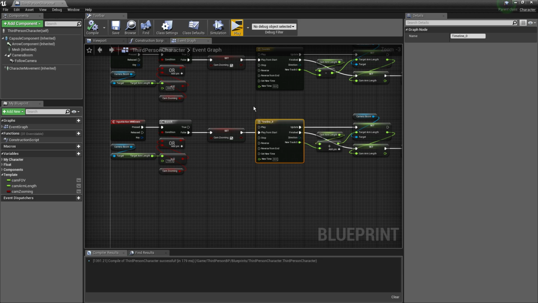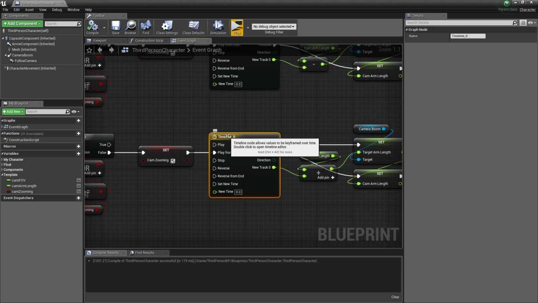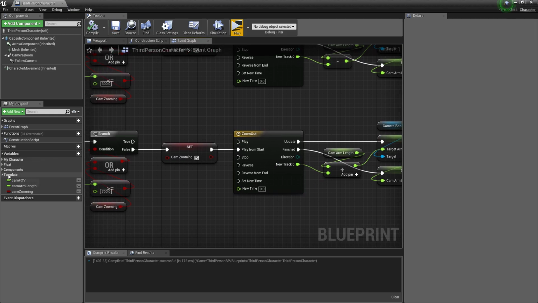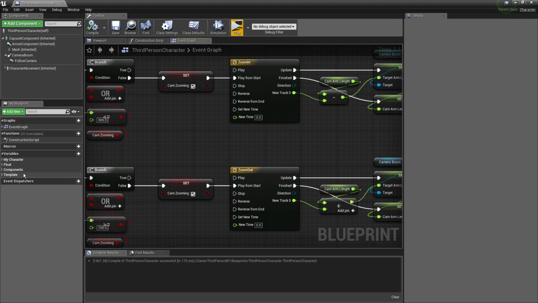So let's go ahead. Oh, we got to rename this. Click it. We click F2 on the keyboard to rename. We'll name it zoom out so that we always know what our timeline does. And the reason is because, see right here under components, it actually shows our timelines. If you don't name the timelines, it'll just say timeline 1, timeline 2, and it might get confusing as to